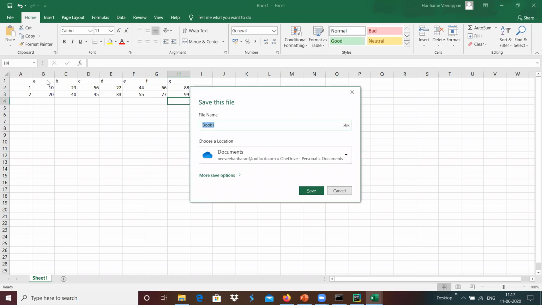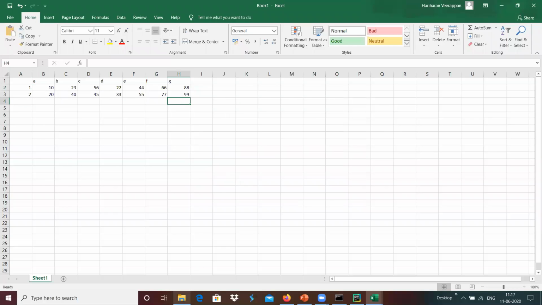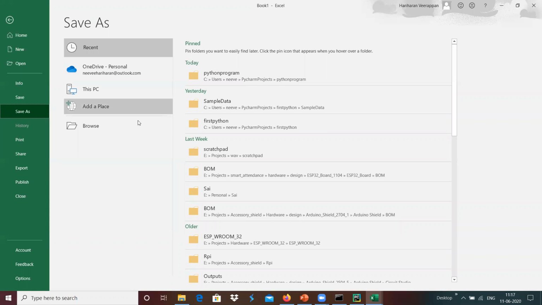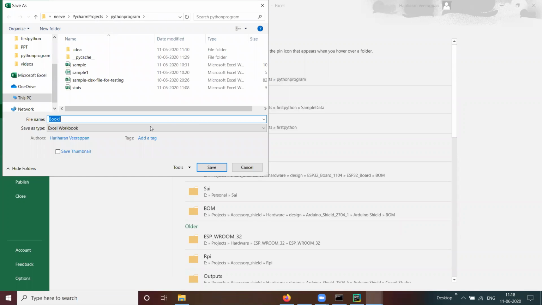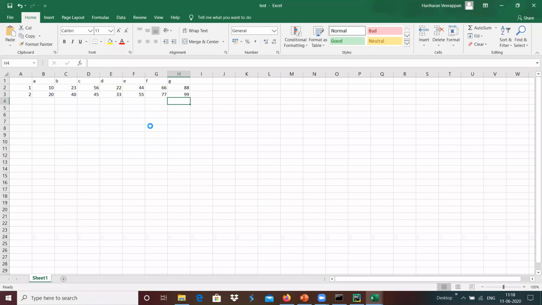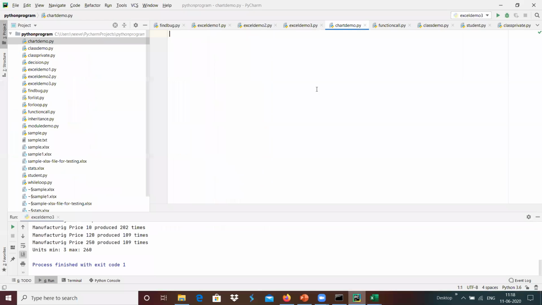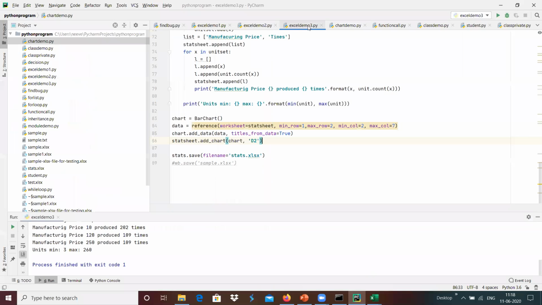And I'm going to save this into the location of maybe, the save option should be, I have to save it in this file, and the Python program I'm going to save as test.xls, so we will see that I have test.xls present over here, and I'm going to use this with the help of load_workbook over here. Yes, with load_workbook I'm going to load the data.